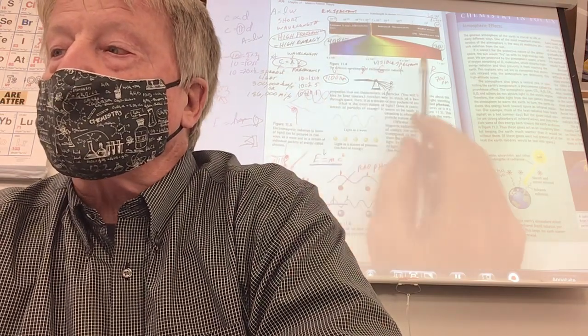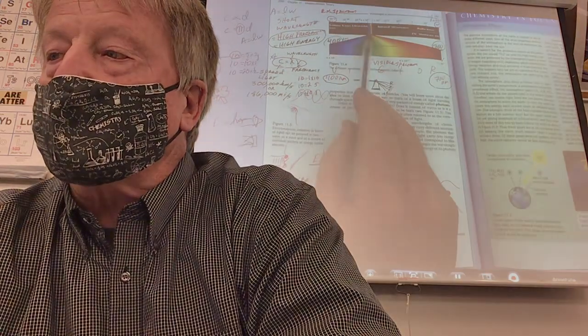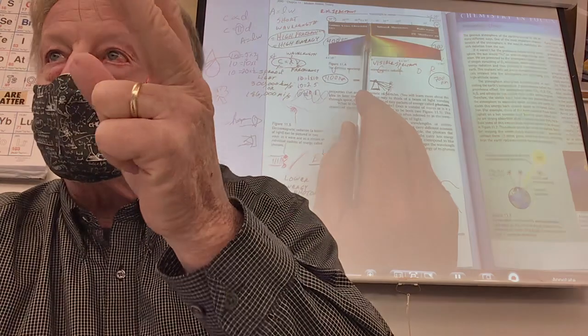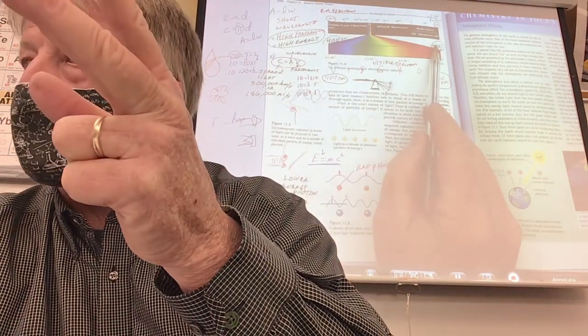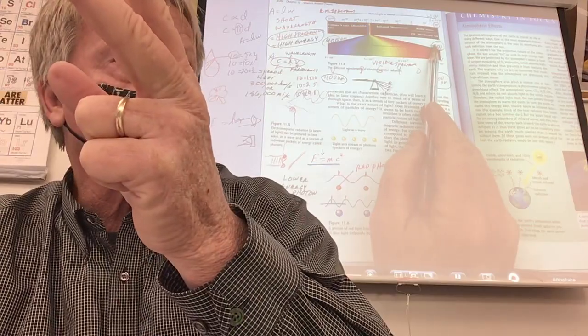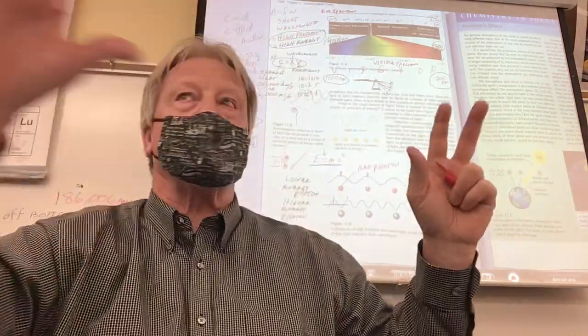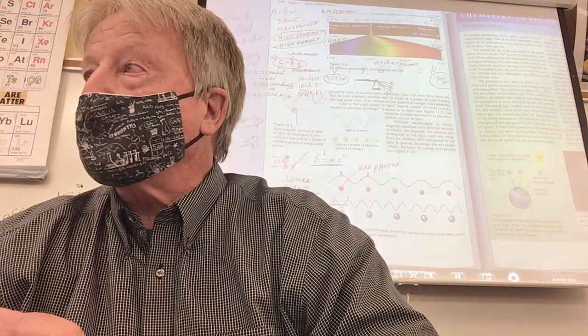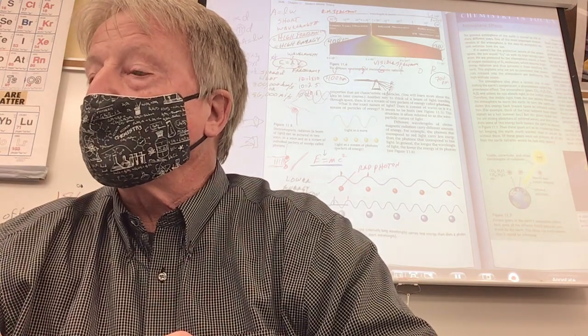So look at this little tiny slice of light that we can see. Our eyes can only perceive the rainbow colors, right? We can only perceive between what they call 400 and 700 nanometers. That's a pretty small range, but everything I see is between 400 and 700 nanometers. And God said, that's enough. That's all I'm going to let you see.